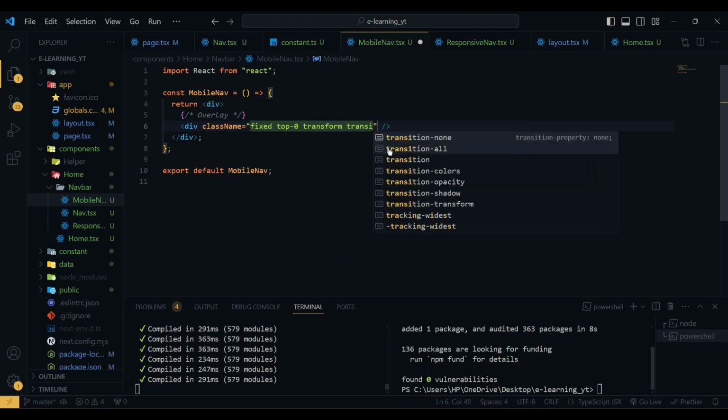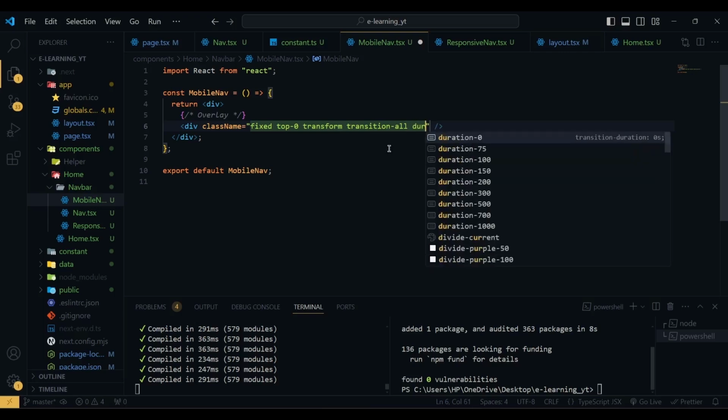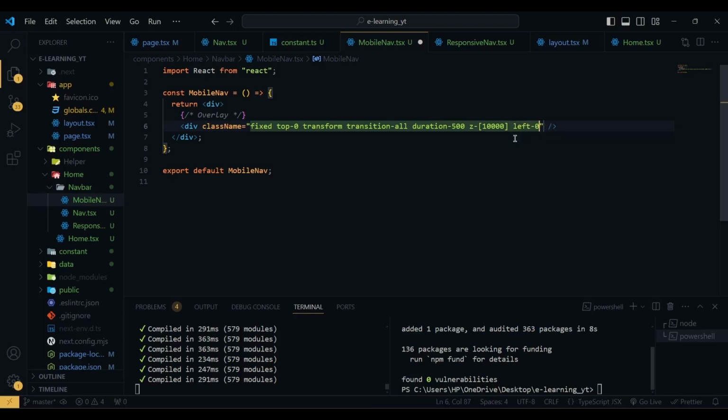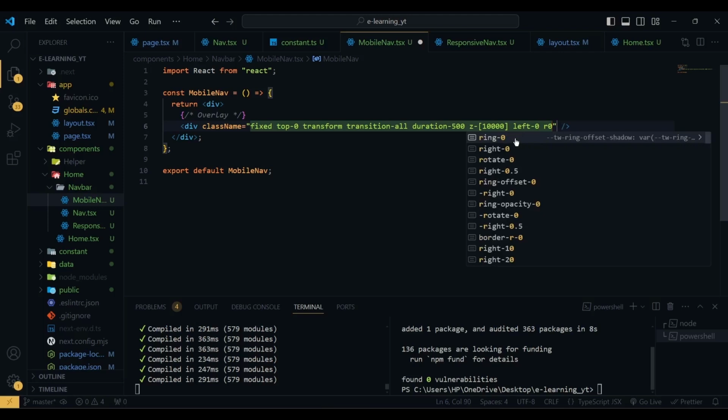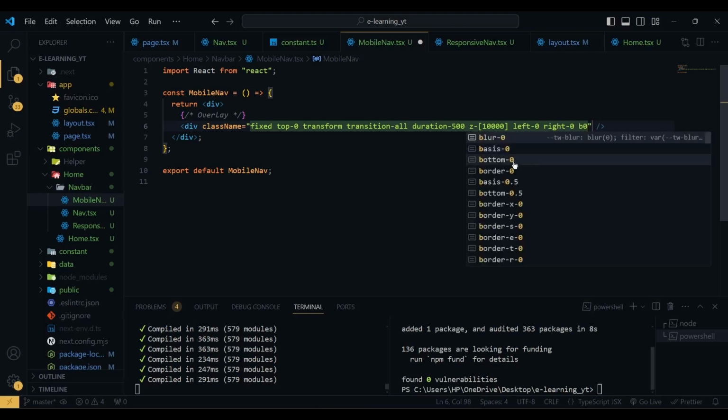We are going to use the transition because later we are going to add some animation here. So we are going to use transition all, duration will be 500 millisecond, z-index will be 10,000, left will be 0, right will be 0, bottom will be 0,